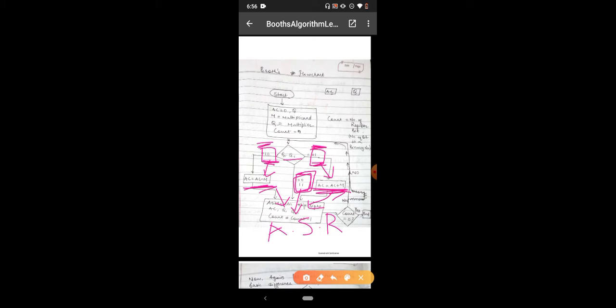And then after doing one iteration, we check the count value over here, whether it is 0. If it is 0, then we end the process over here, or else we iterate this process again. Suppose the value of count is equal to 4, then this cycle will run 4 times. If it is 3, it will run 3 times. So depending on the value of count, this particular calculation will be done that many number of times.